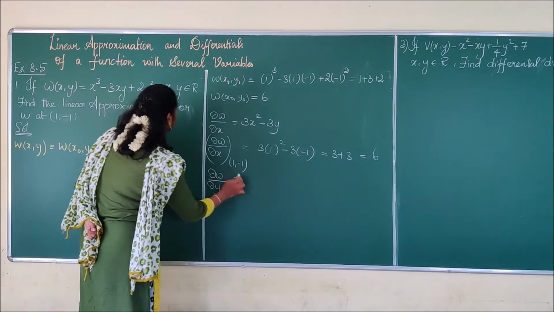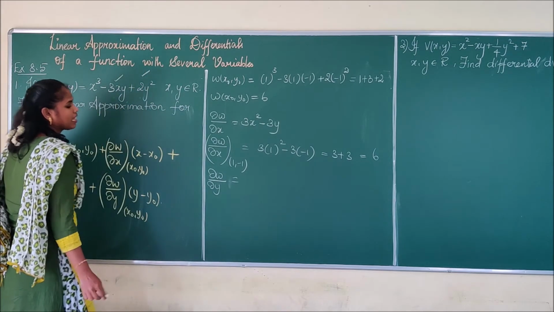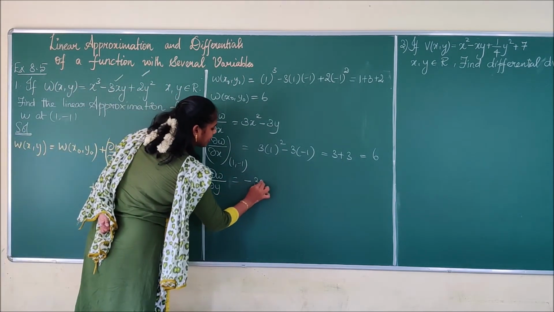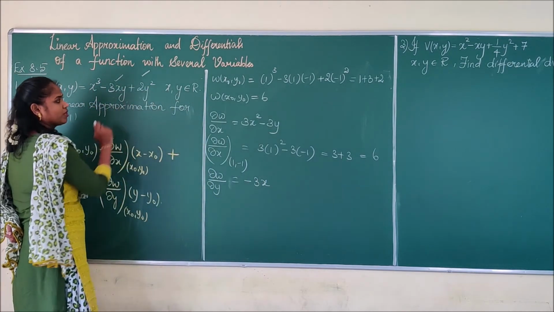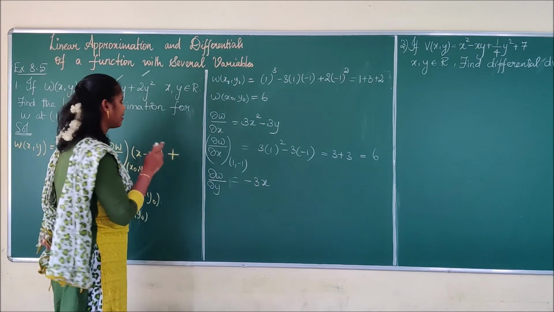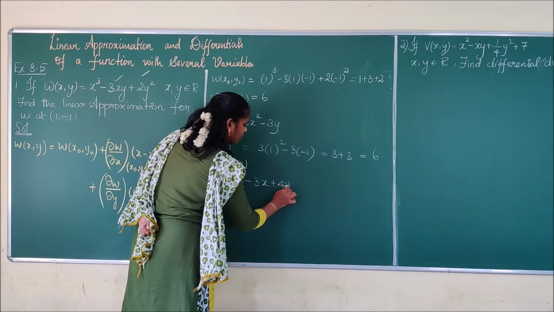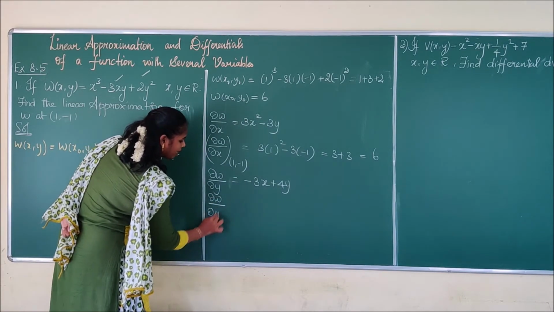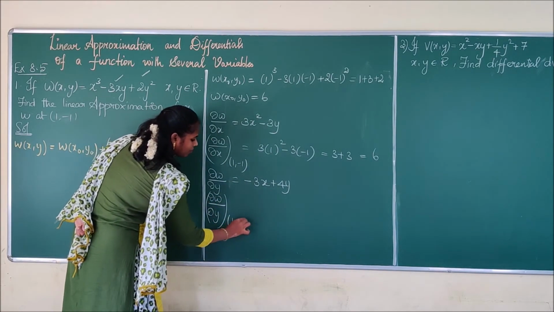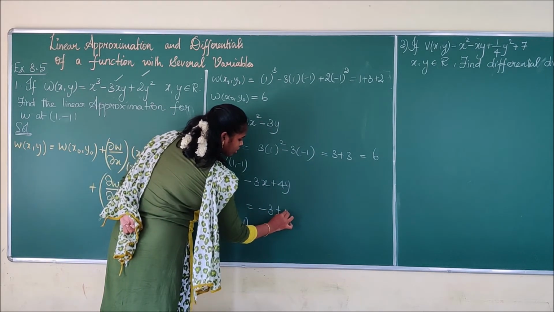Okay. Here I have y here and here. So when I differentiate this, I will be getting minus 3x, isn't it? And next, when I differentiate y square, I will be getting 2y. Already I have 2 there, so my value is 4y. Okay. Now ∂W/∂y at (1, -1) is equal to minus 3 plus